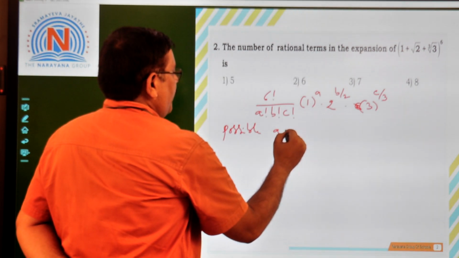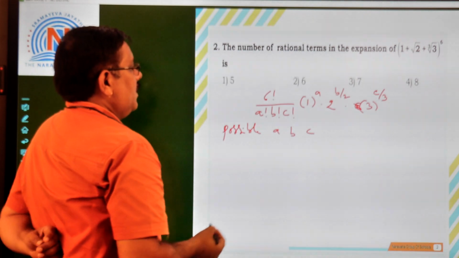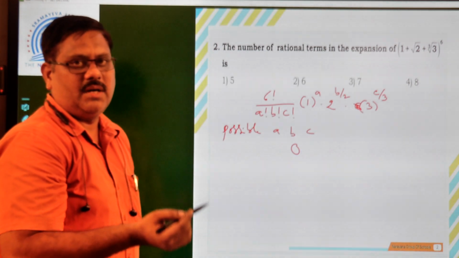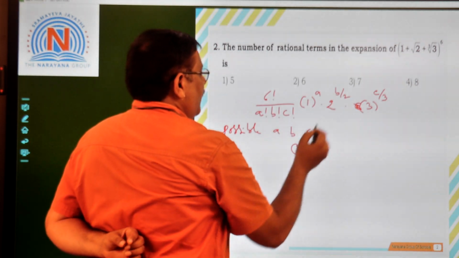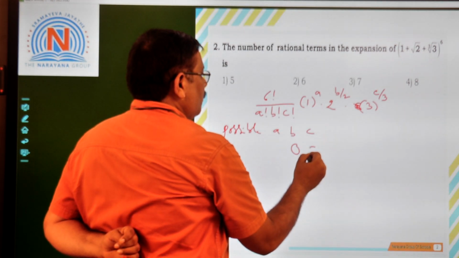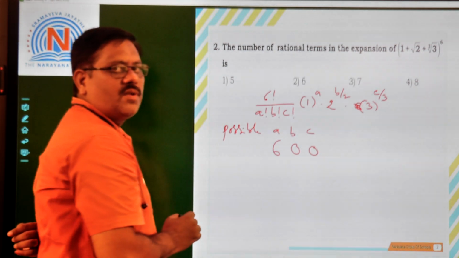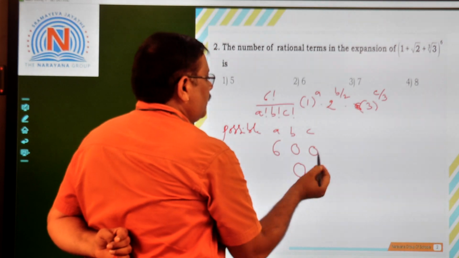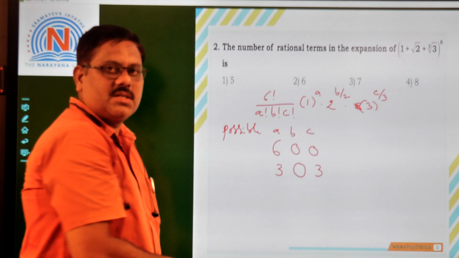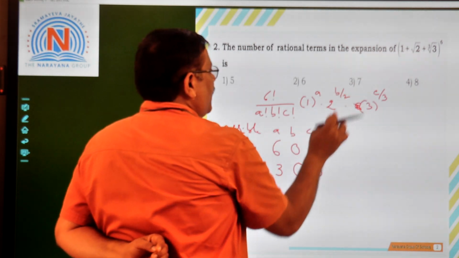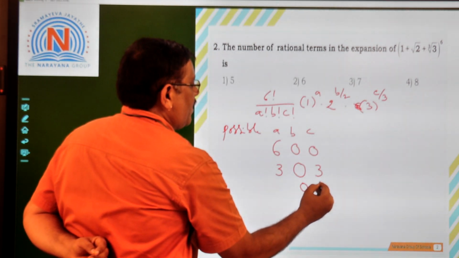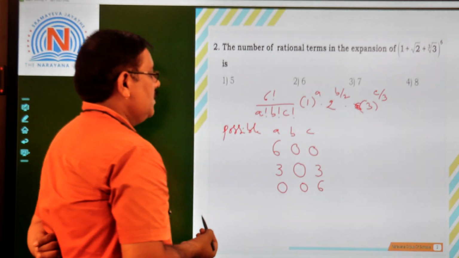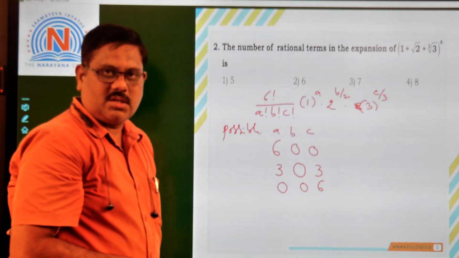Possible a, b, c. Let us start with, as I told you, let us take the multiple of b as 0. B as 0. 0 is a multiple of 2. If b is 0 and let us take c as 0, both can be 0. In that case a value becomes 6. This is one possible value. Next, if at all you take b as 0, c can be 3, then a can be 3 because 3 plus 3 put together 6. Now, if you take b as 0, the other possibility for c is it can be 6 because 6 by 3 is 2, that is an integer, and then a will be 0. So 600, 303, 006 are the possible values.